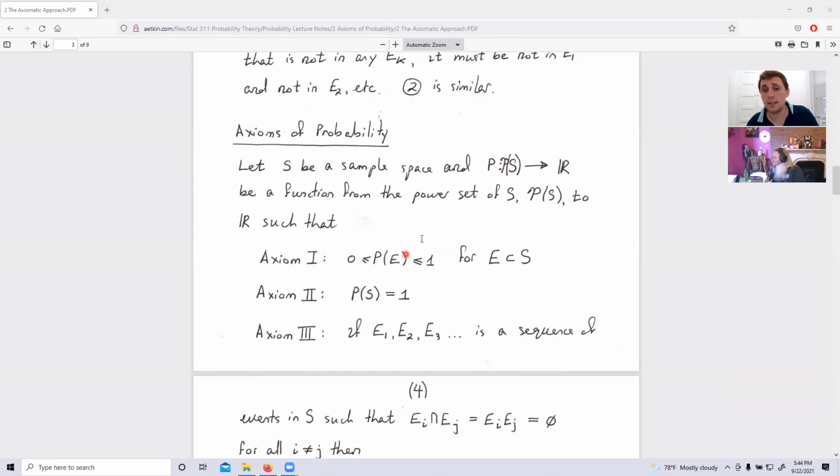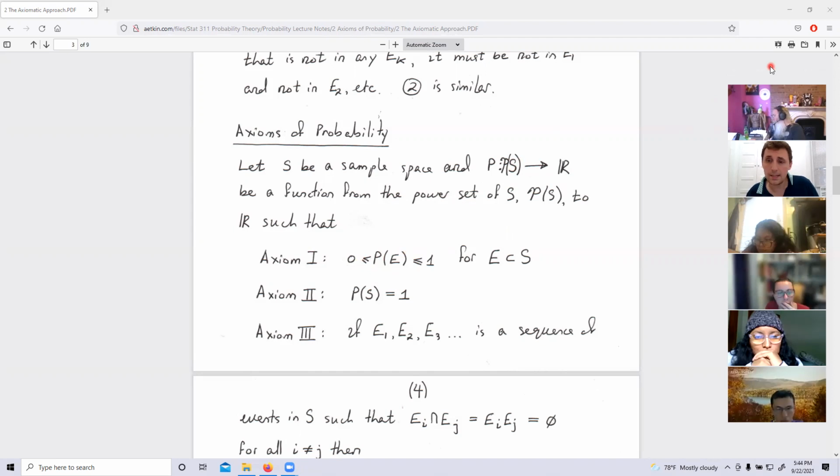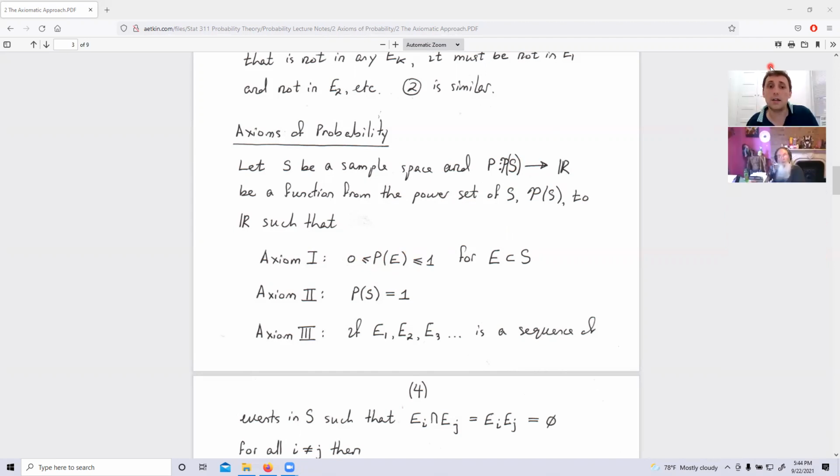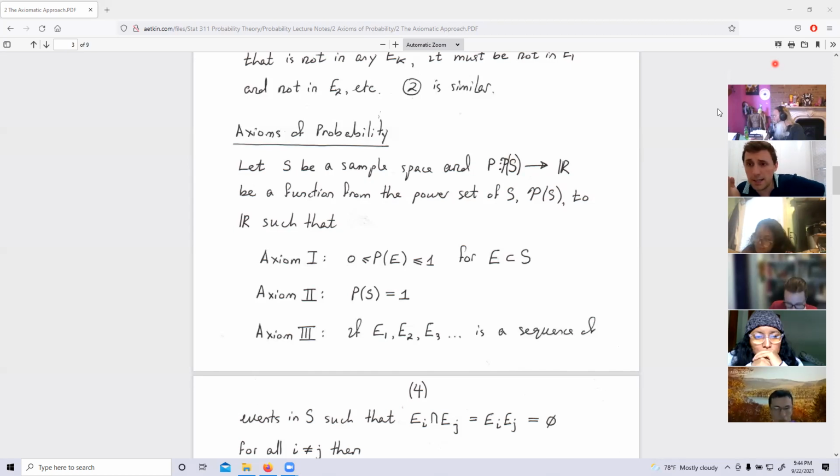Axiom number 1 is that for any event you take, its probability is between 0 and 1. Makes sense, yes? The other axiom, axiom number 2, is that the probability of the sample space is 1. You can see that at least some of it makes intuitive sense. If I gathered all the universes that could possibly come into being, and I run the experiment, at least one of those universes will come into being. That's why the probability of S is 1. In terms of the sequential approach, it seems natural that this would be the case.